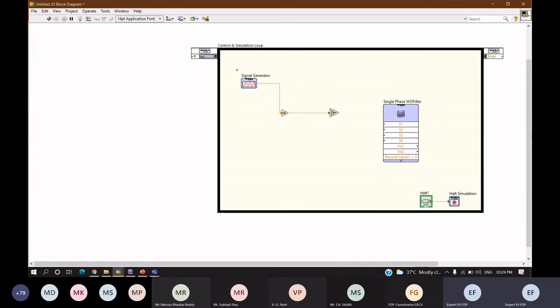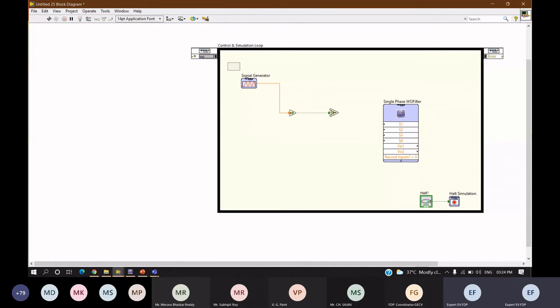Let it be 1, because this signal we are going to use just as a reference, to identify whether the signal is positive or negative using this comparison function. The amplitude of the trigger pulse of the MOSFET we are going to provide in this select function only.